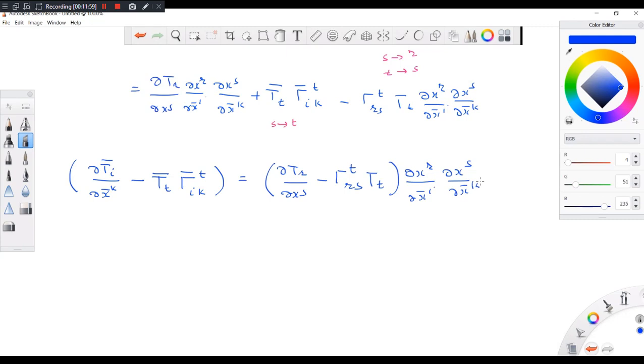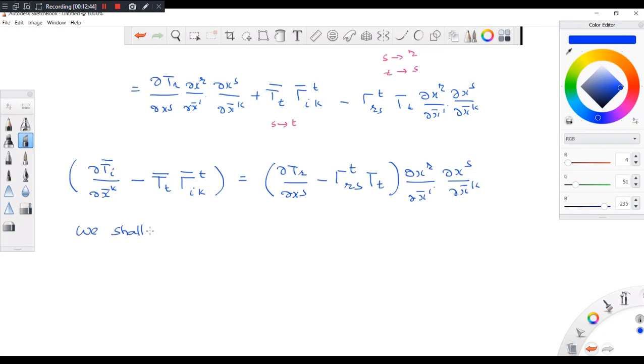Okay, and now can you tell me something on this by observing the left side and right side? It follows a kind of tensor transformation. Just in the bracket. Yes, it is a kind of tensor transformation, but the tensor component will be something which is in the bracket. Okay, so it will transform. That's a good observation. Okay, so what I do is that I denote in this way. We shall denote